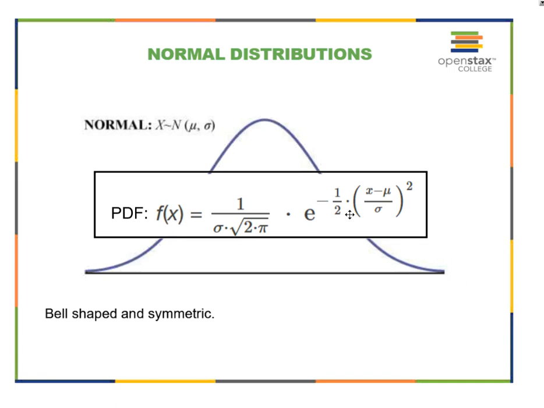So if we take any possible value of the random variable that could lie along the horizontal axis and plug in every single possible one along with whatever the mean and the standard deviation are, then you'll get xy pairs that will create dots that would make a bell curve like this. Now we don't have to do this. We're not going to have to work with this equation at all, but it's useful to know where this bell shape actually comes from